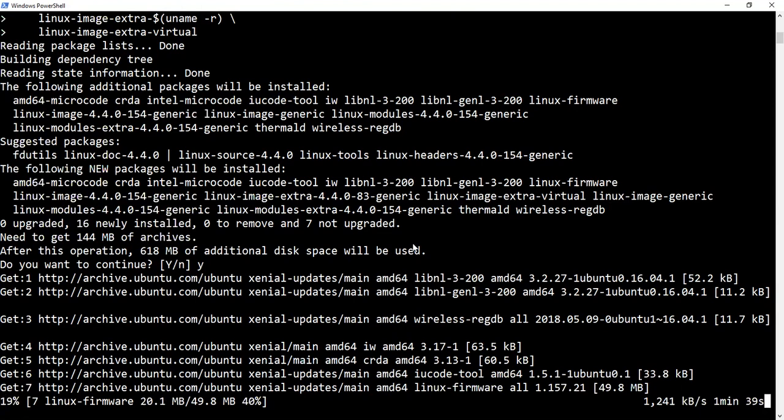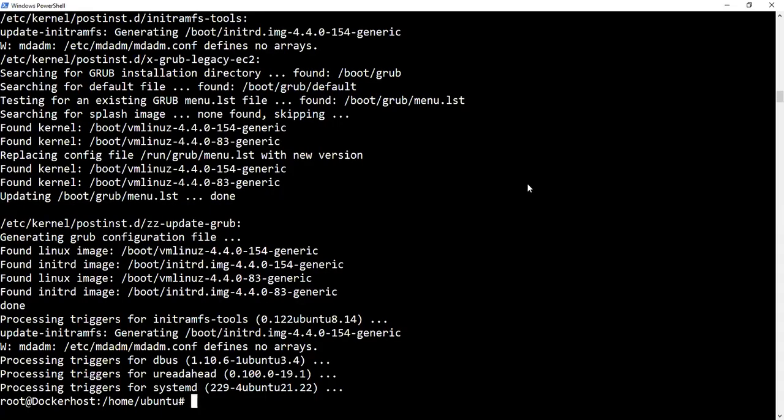So I'm going to pause the video for the installation process to complete, and then we'll resume after that. Okay, now that we have completed the initial installation process of installing some additional Linux components, I'm going to proceed